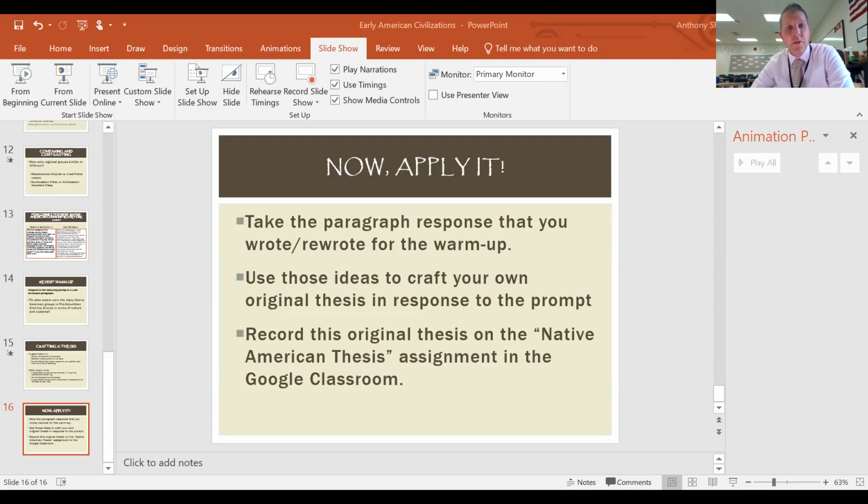Here's another one. The great diversity of culture amongst the many Native American groups of pre-Columbian America can be accredited to the complicated geography of the continents, the lack of fast transportation, and the lack of a common language with which to communicate. Another very good one. They've gone in one sentence, and it works here. So did they answer the question? Yes, they have made the claim that there's great diversity of culture among the many Native American groups. So yes, they've answered the question, and they've shown to what extent they're diverse, and at the same time, they've made their own claim. Yes, they're saying, okay, they're very diverse.